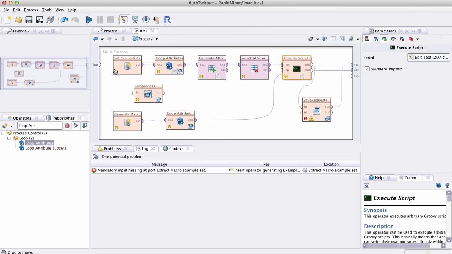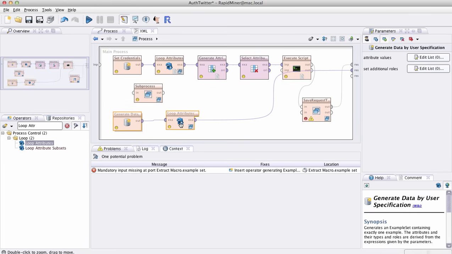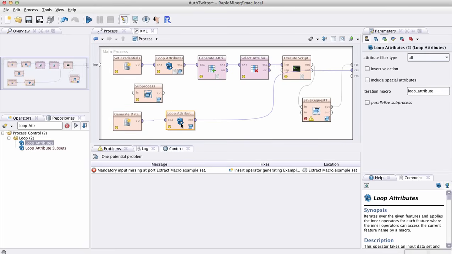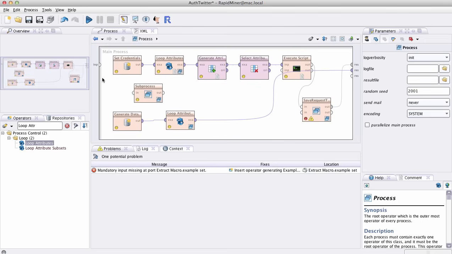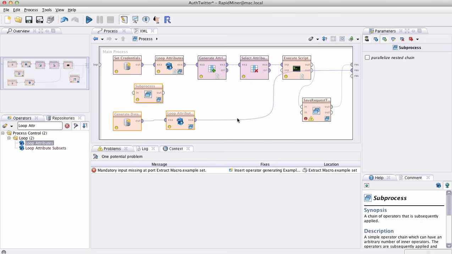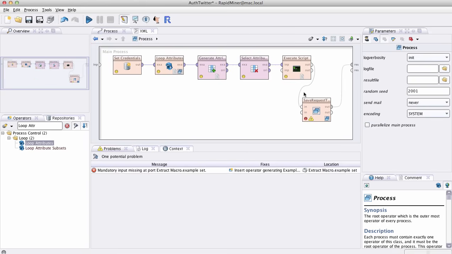Now this whole set of operators up to here, we have base encoded the token to base 64,